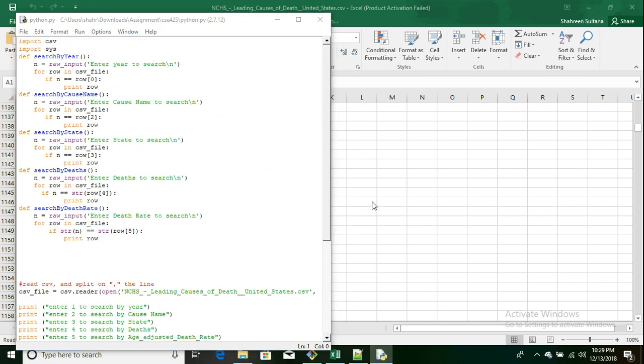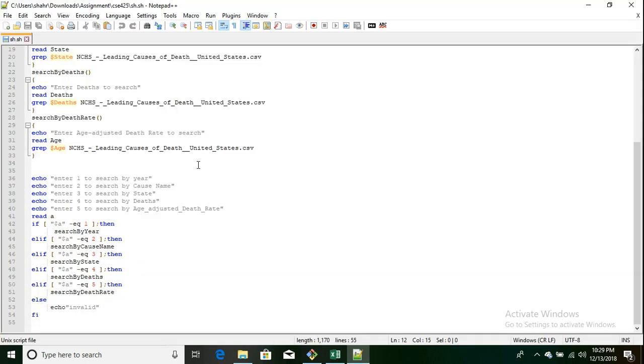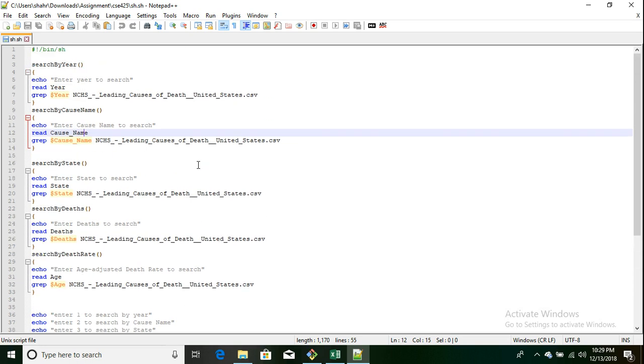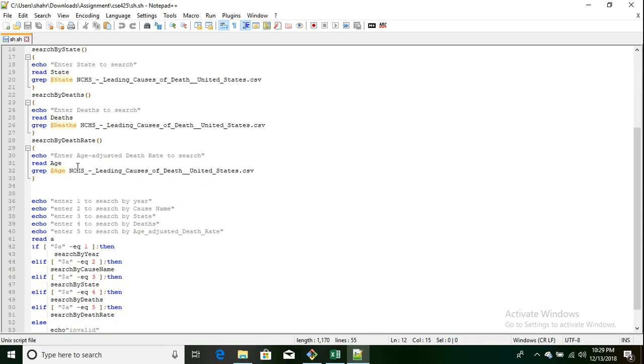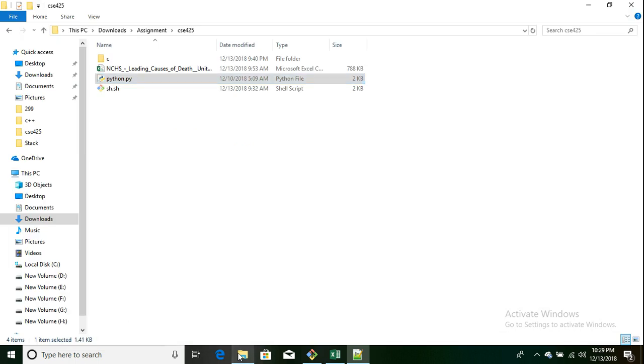And now we will see the shell script. It is the fastest language among these three languages, and we will close this and go to the shell script. This is my shell script language implementation, and you can see we have also defined some methods here. And if we run this,